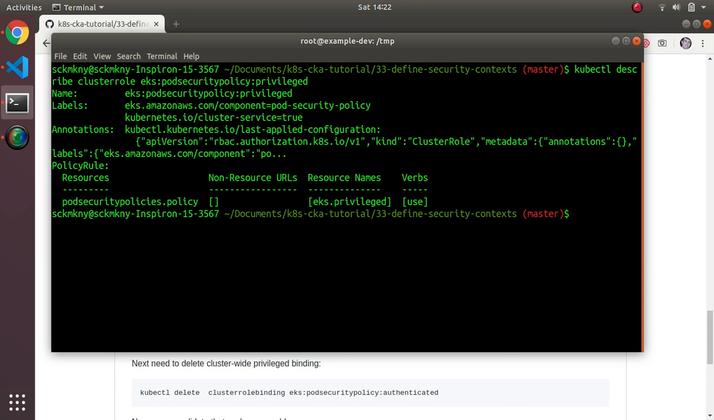So if you look carefully at this cluster role, if you're bound to this role, if some security object, like either a user or a system account, is associated with this cluster role, then you are basically allowed to use, this is the name of